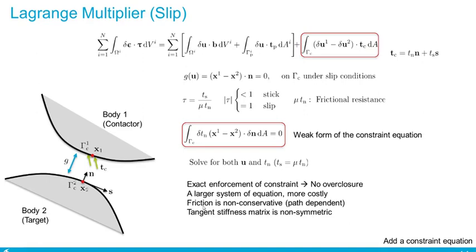And we are talking about friction. Friction is a path-dependent force, which means that it's not conservative. By conservative, I mean that the work of the force does not depend on the path, such as the weight. Weight is a typical example of a conservative force. So the work of the force only depends on the initial and ending positions, while friction is a non-conservative one.